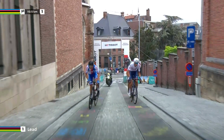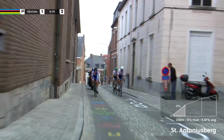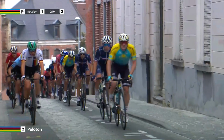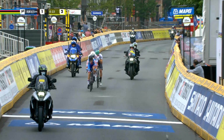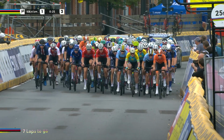On to the next climb. This is the San Antoniusberg. 230 meters. 11% its maximum gradient. Average is around about 5.4. It's one of those real power climbs. Looks very strong as we make our way up to the line for the first time, crossing the line with